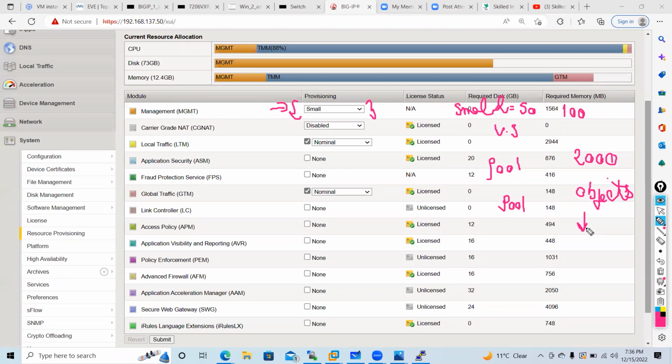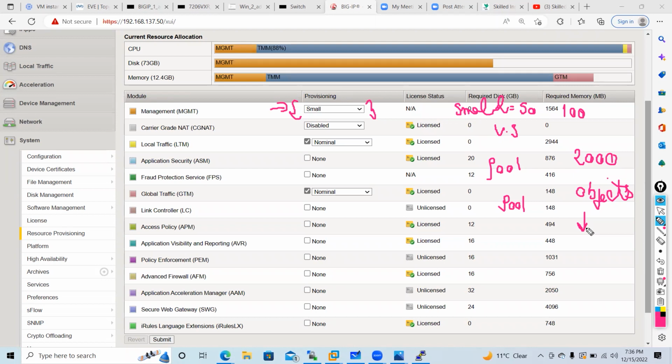So it's based on the static configuration, right? It's not dynamic, right? It's based on your model number and also, you need to first understand the difference when you configure. So you need to allocate resources for your management. It depends on your objects. So it allocates based on your model numbers.